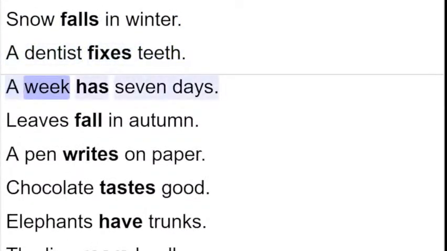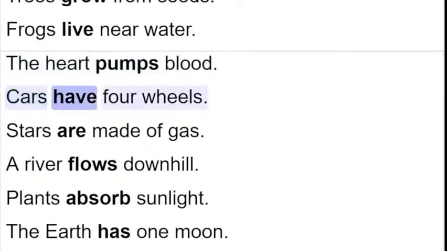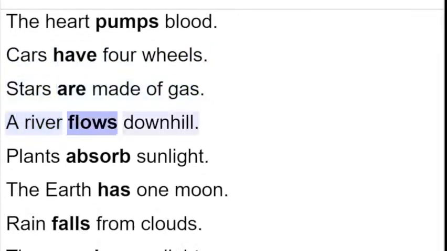teeth, a week has 7 days, leaves fall in autumn, a pen writes on paper. Chocolate tastes good, elephants have trunks, the lion roars loudly, trees grow from seeds, frogs live near water, the heart pumps blood, cars have 4 wheels, stars are made of gas, a river flows downhill, plants absorb sunlight, the earth